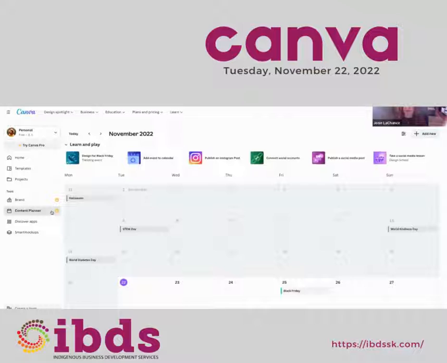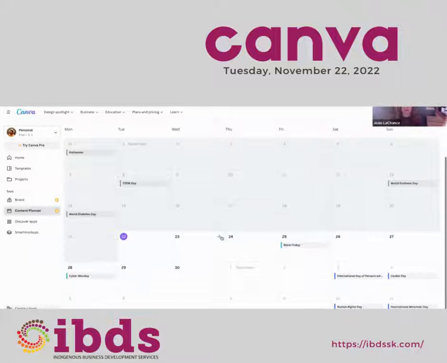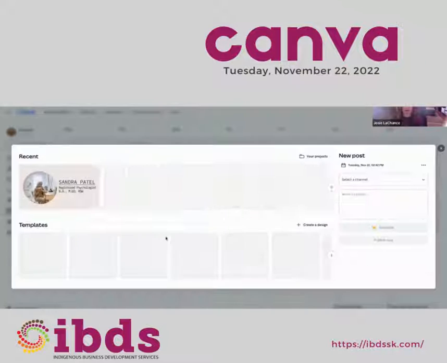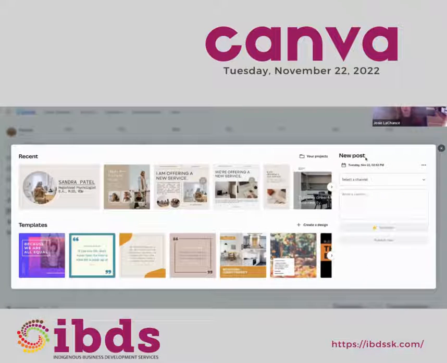And then we have the content planner. This is something you would use if you're creating something and you want to have it scheduled right from your Canva account. So you can click the day, and you can add here, and you can select a template.